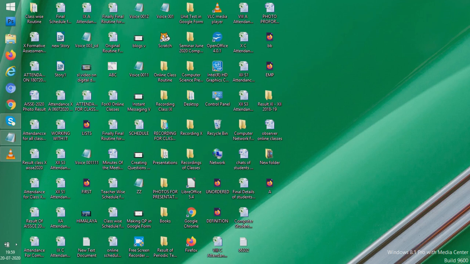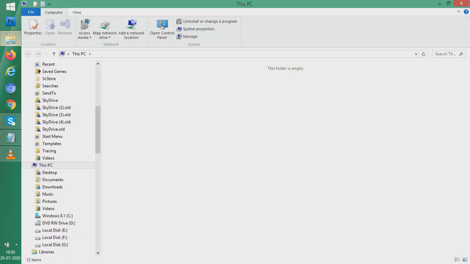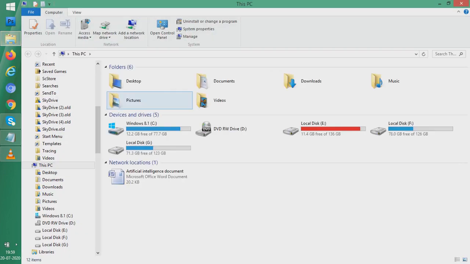Students, what I have done is I have downloaded 2 photographs from the internet and kept them in my folder. Today I'll first show you these photographs. So I'll go to the folder. I have kept it in C drive, students.